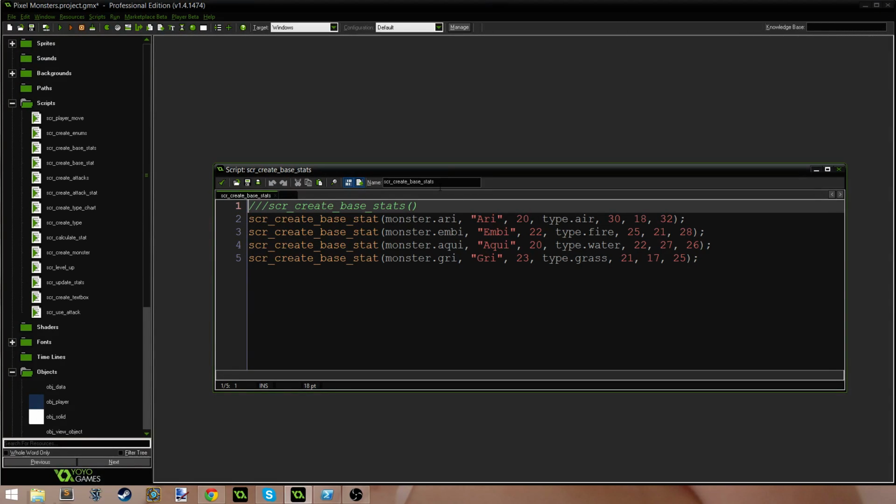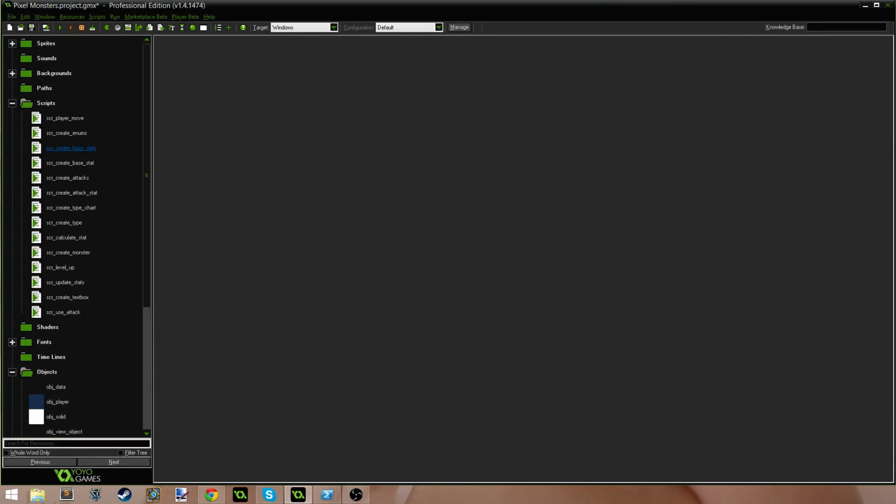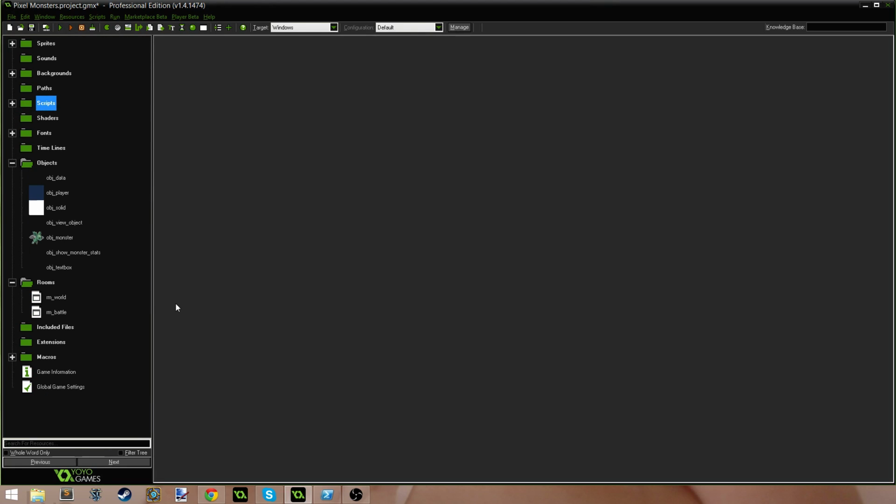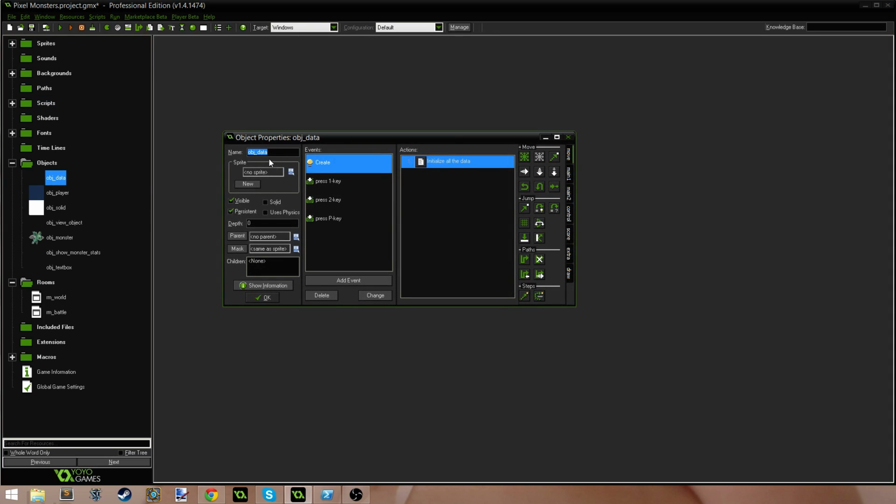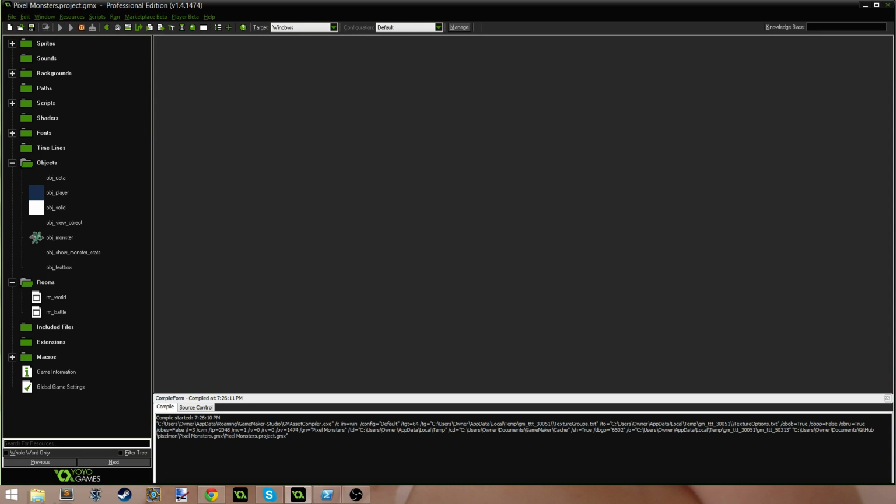That didn't make sense. So you could also store it in an object, and that's how I originally had it set up. But I ended up switching to global variables just because it seemed simpler to me. Originally I just had them all in the data object. But yeah, that's where we are with the